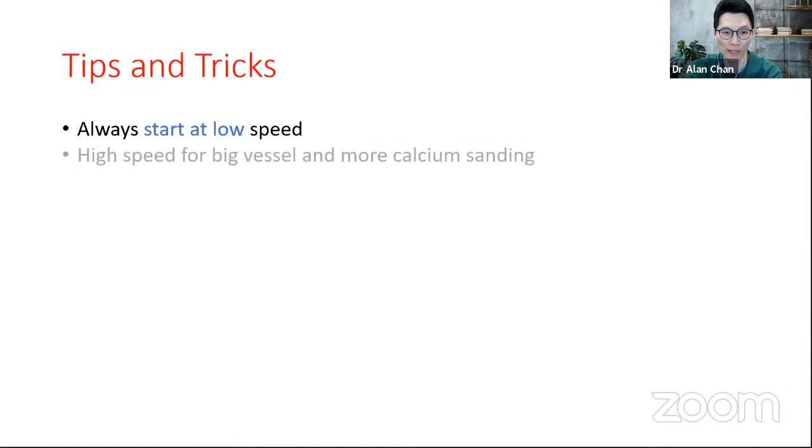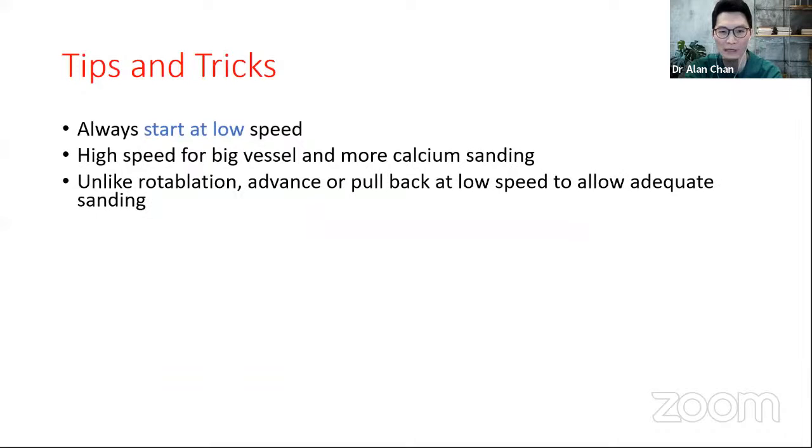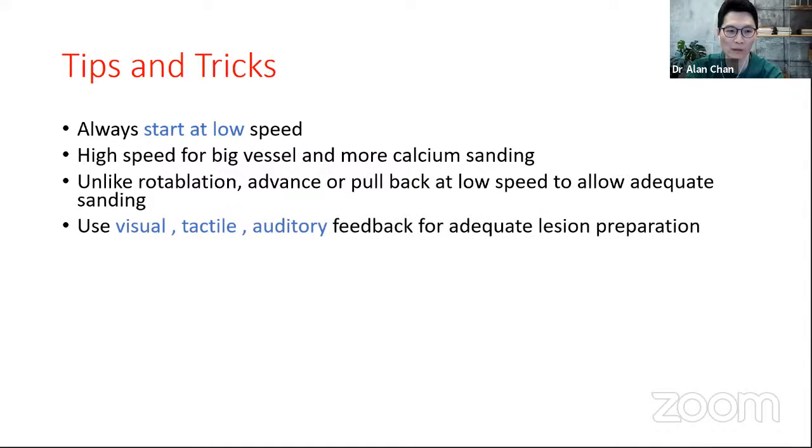So, tips and tricks. Always start at low speed, and high speed is usually for big vessels and more calcium stentings. Unlike rotational atherectomy, it's not a pecking motion, which most of the time is quite jerky with high speed advancement. You need to go very slow and allow adequate time for therapies. Most important, like rotational atherectomy, you can use your visual feedback, tactile feedback, as well as auditory feedback